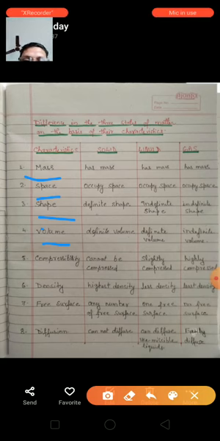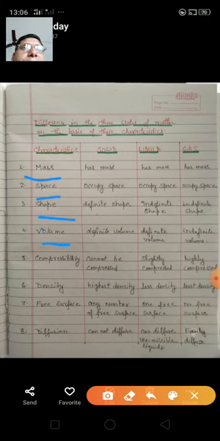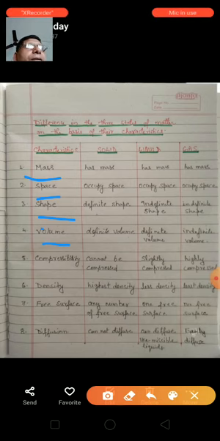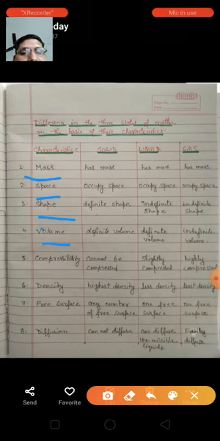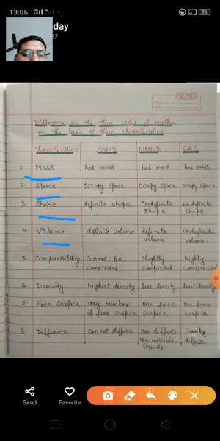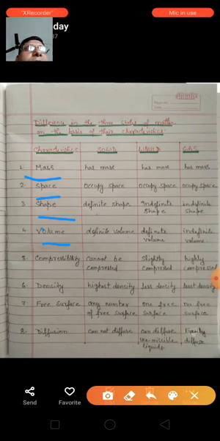Now density. You know, density is mass per volume. The more the matter, the more the density. The more the mass, the more the density. In solids, the number of particles per unit volume is more, so their mass is more and thus their density is high. But liquids have less density, and gases have the least density, because per unit volume in gases, the number of molecules is very small.